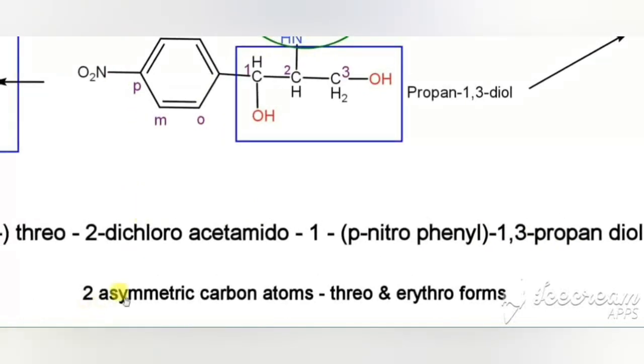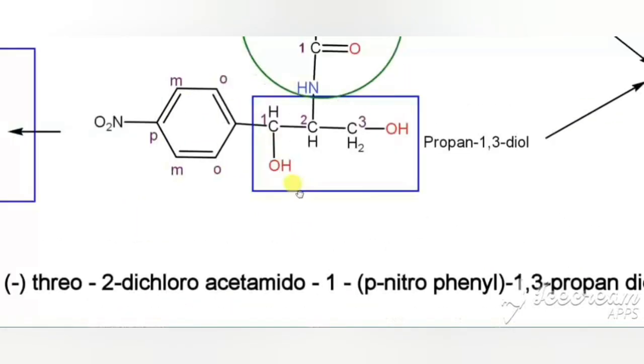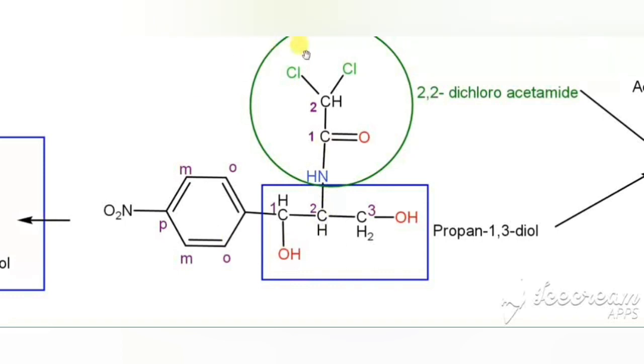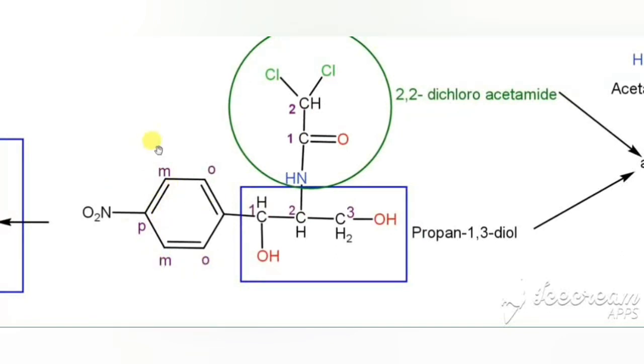Now we have to tell about the asymmetric carbon atoms. Look at the structure. Here is a 6-membered ring, a benzene ring. Because of the presence of the double bonds, the 6 carbons are not considered chiral, because what is meant by chiral? It should have 4 different groups. So these 6 are not chiral. Coming to this one, here one connection, here one bond, here hydrogen, here hydroxy group. That's why this carbon can be considered chiral.